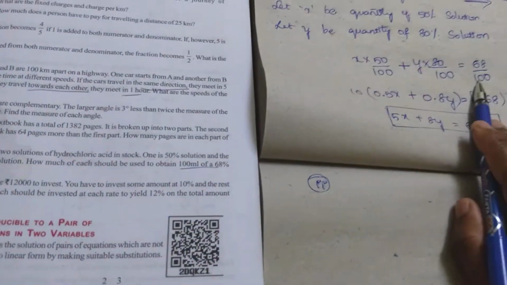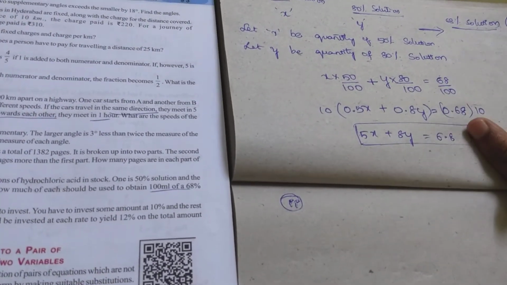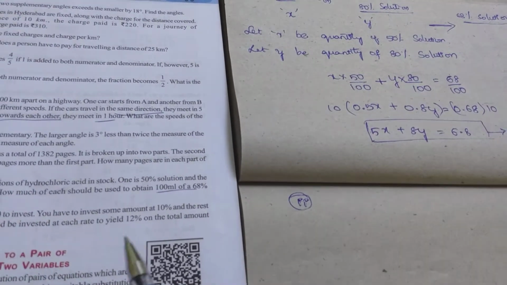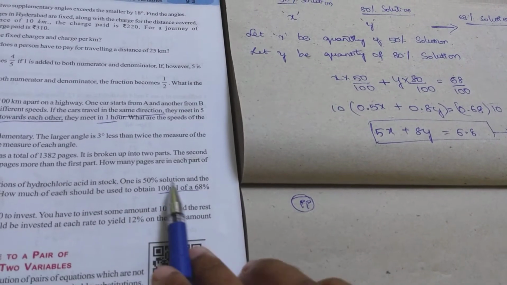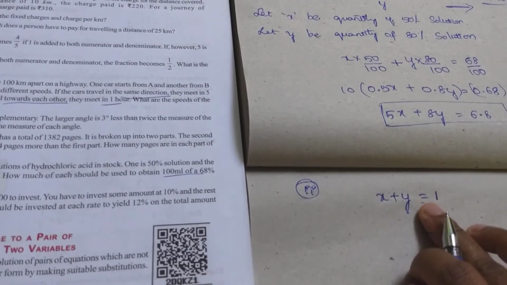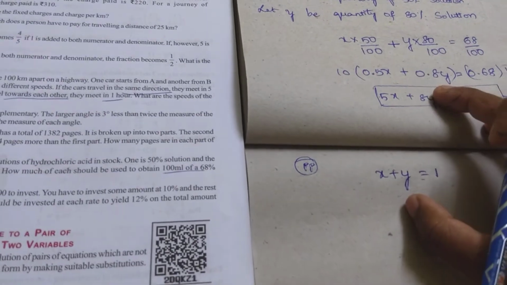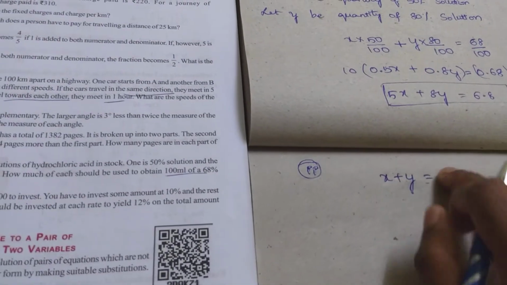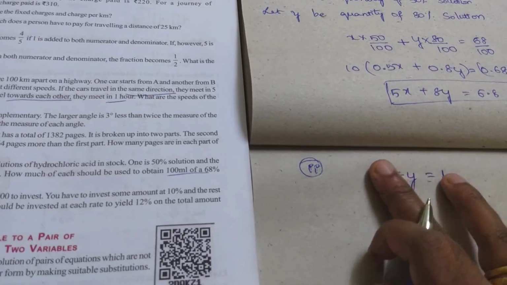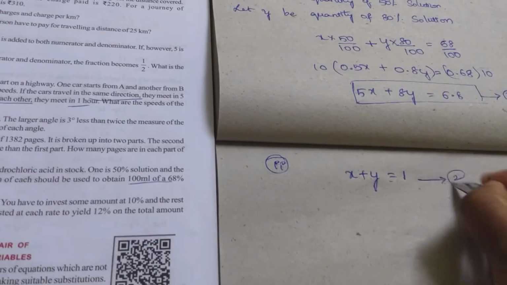So initially I have told you that I am calculating the solution for 1 ml first. That's why for the first equation I have calculated for only 1 ml. So in the second condition, X plus Y equals 1, because here I am calculating it only for 1 ml, not for 100 ml. So after getting X and Y values, you can multiply the X value with 100 and the Y value with 100, so that the quantities of X and Y will be for 100 ml of the solution. So put this as equation 2.